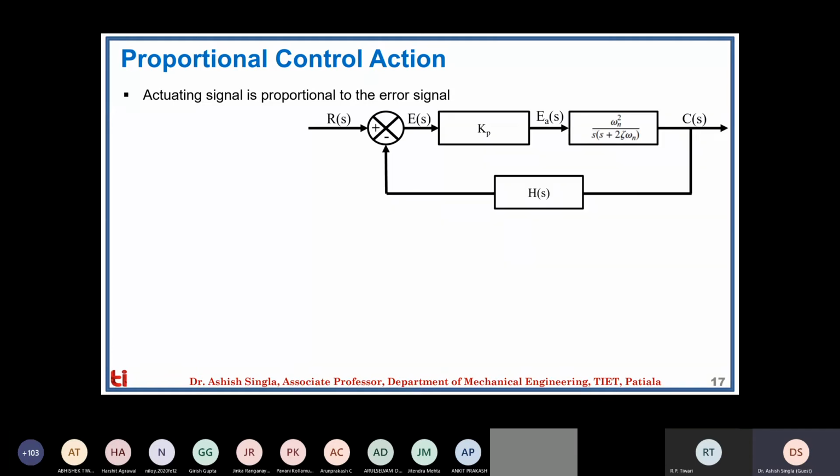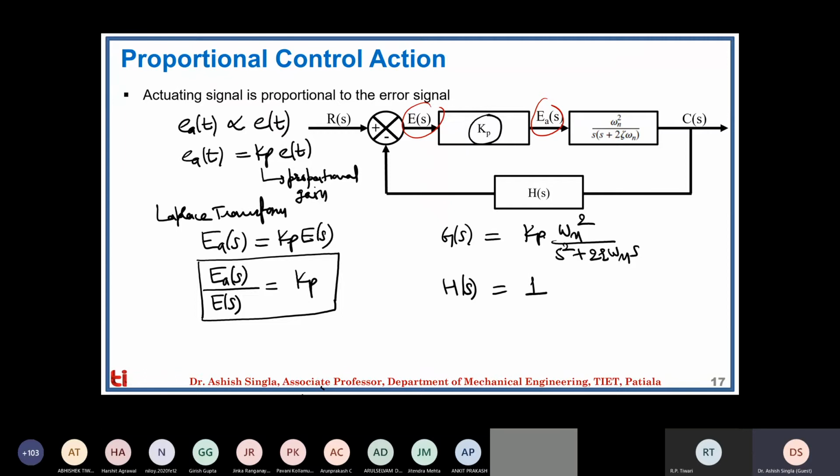the error signal. So over here, you can see there is an actuating signal and there is an error signal. There is a relationship between the actuating signal and the error signal, and we can say that the actuating signal is proportional to this error signal. To break this proportionality, we can introduce one constant, Kp, which is called the proportional gain. If we take the Laplace transform of this expression, A(s) is Kp times E(s),